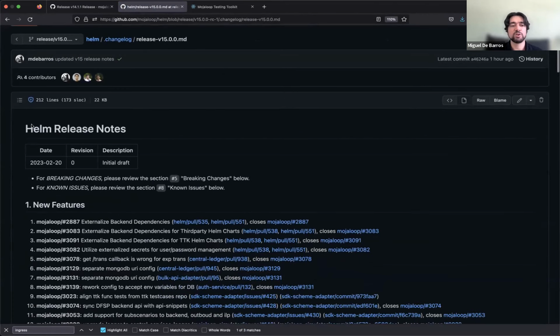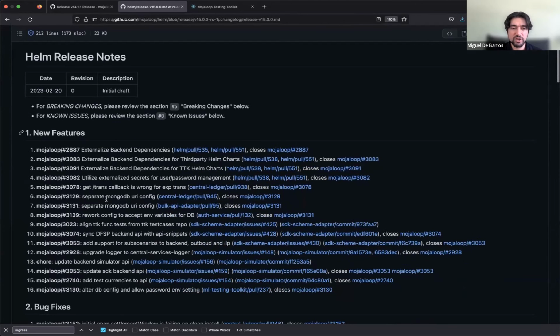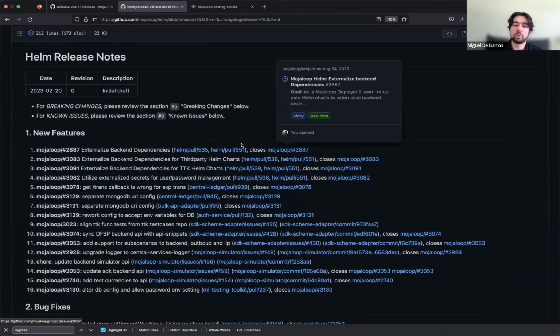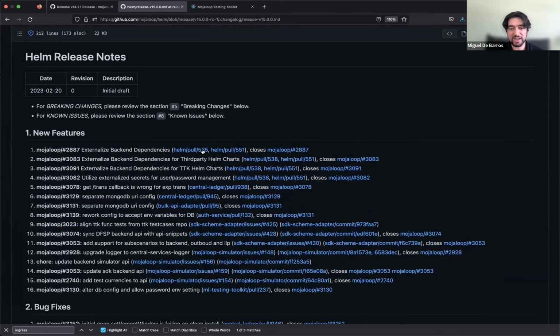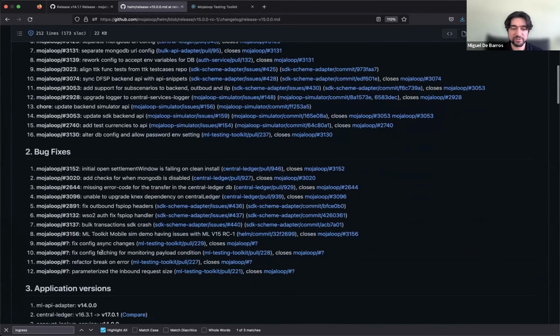So in the release notes, we just have a kind of a top level here so we know what major changes were made, and when. We have a list of the new features. For every feature, we have a link to the pull requests that were used, or if not pull requests, to the commits that were used to actually make those changes. And we also generally have the associated story itself. So if you want to know more about why something was done, you can access the story. If you want to know exactly how it was done, you can access the actual pull requests or the commits. And we have that for all our features, as well as the bug fixes.